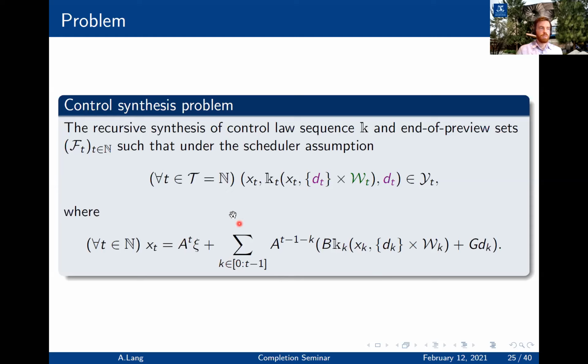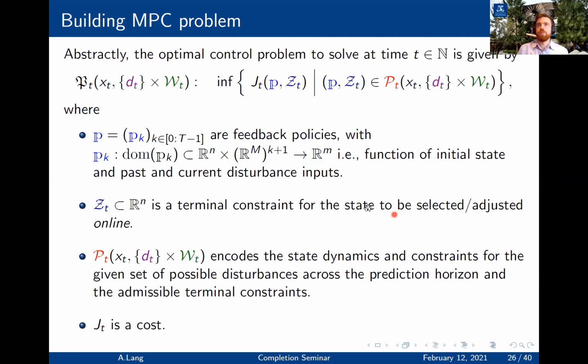Now, just reiterating, since this problem is dealing with constraints pertaining to the uncertain evolution of the state, then we're going to take the well-trodden path of receding horizon optimal control approach. So that leads to the finite horizon optimal control problem that needs to be solved at each step as part of the MPC approach. And that's given here, where P and ZT are our decision variables,